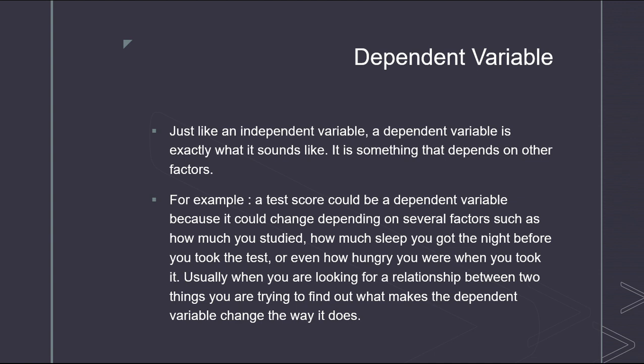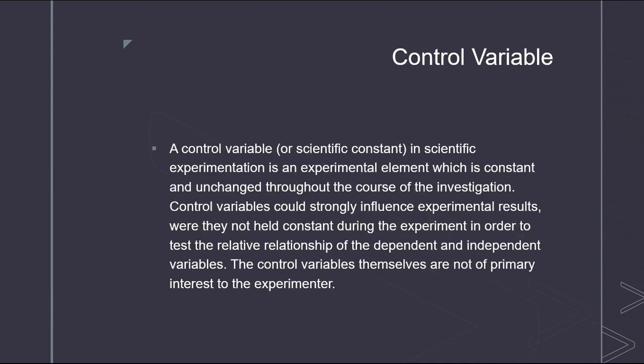And the last kind of variable is the control variable. A control variable, or scientific constant, in a scientific experiment is an experimental element which is constant and unchanged throughout the course of the investigation. Control variables could strongly influence experimental results were they not held constant during the experiment